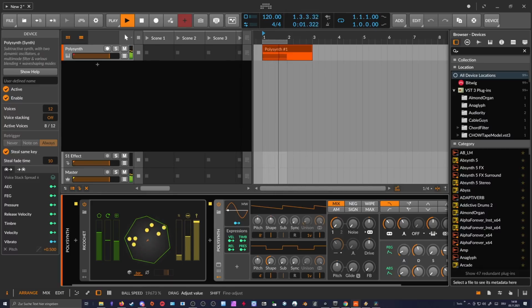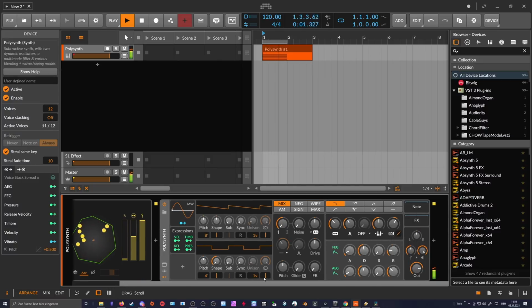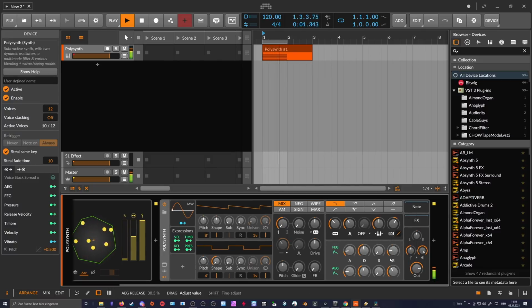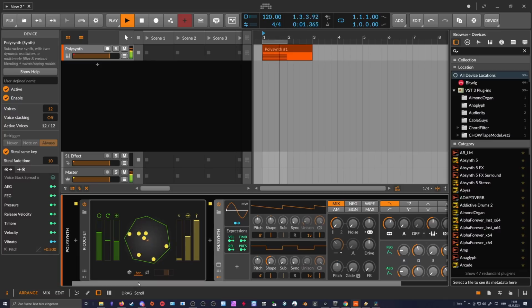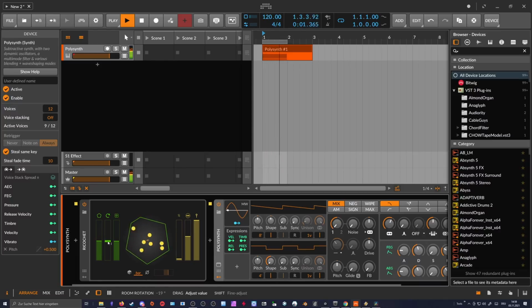Or increase the speed. It's even like a kind of a pad. Okay, so now add some